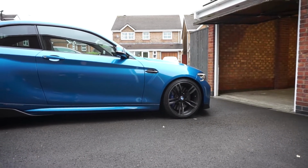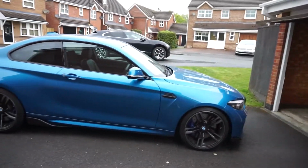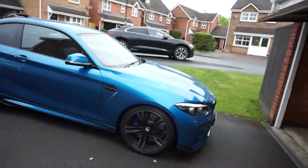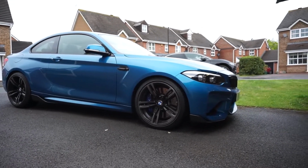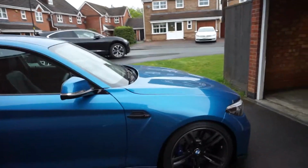Now the wheel's more in the arch, and like I said, this has just come off the stands, and I've driven it a few hundred meters down the road, so I think this will come down a little bit more. I wouldn't want it to come too much more, but a little bit more. The fitment I think looks mega. I will be getting spacers, and you can't really tell from this angle. I think it looks okay, but it's when you go from this angle,